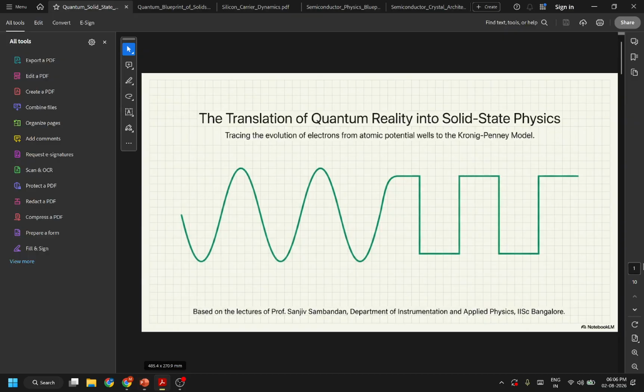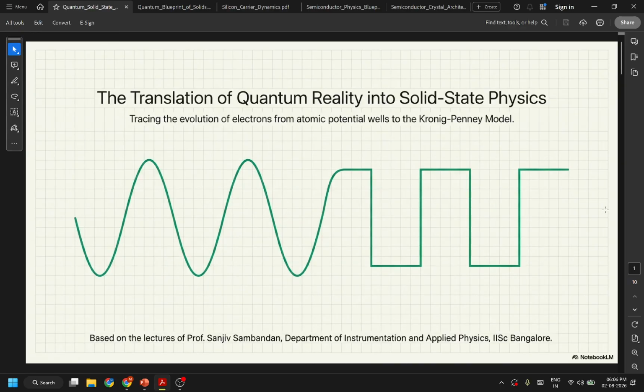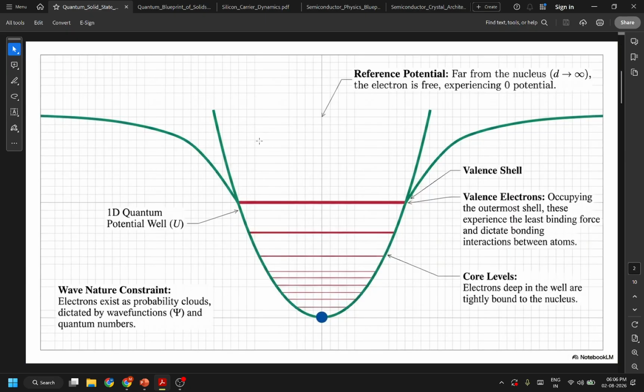First, I will give you some recap of the lectures for week 2. These are AI generated slides, so there may be some errors in the content of the slides, but I will tell you that. So last week we studied the Schrodinger equation